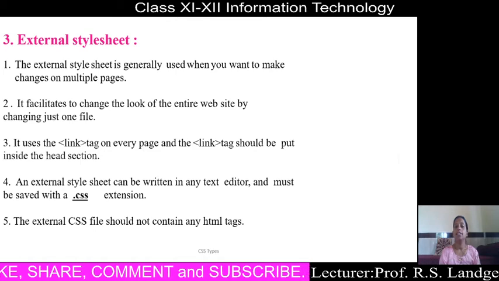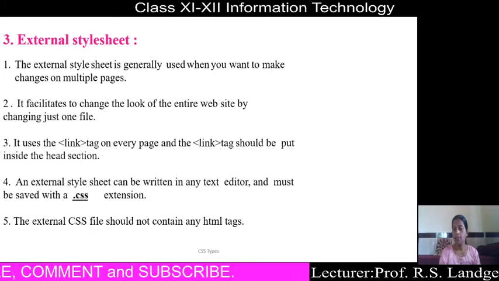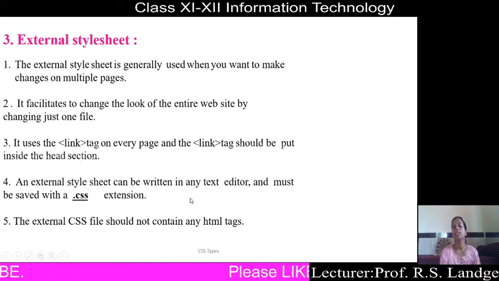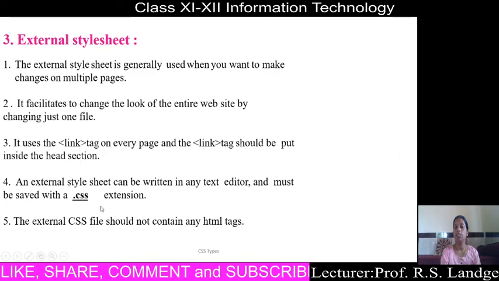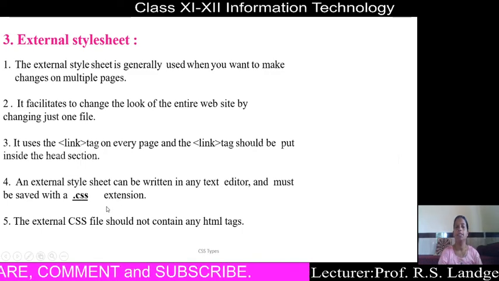An external style sheet can be created with the help of any text editor and must be saved with .css extension. Means the external style sheet file has extension .css.